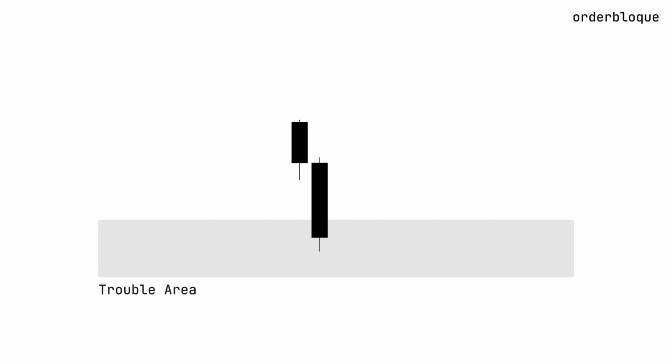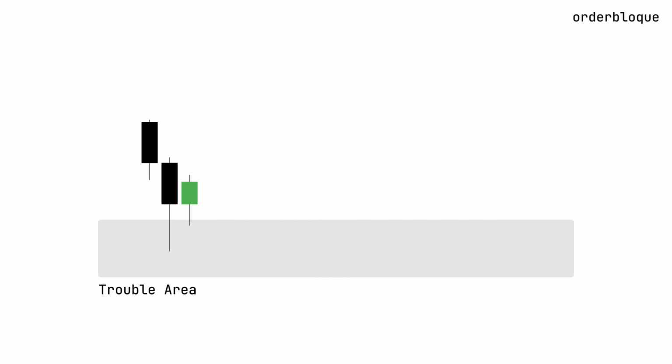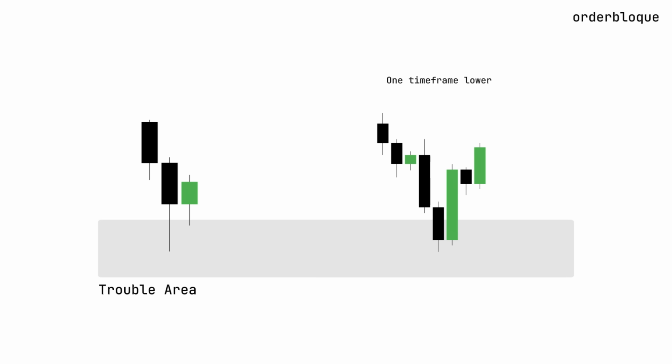Therefore, there's a small life hack, or you could say a rule that states, if in the context of a reaction from the trouble area, the price receives buying or selling volume, and we see a rejection or opposite candle, but there's still a lot of time before the formation of a fractal maximum or minimum, we can move to one time frame lower to determine the range boundaries. This will significantly speed up the process and provide an opportunity to not miss interesting positions.